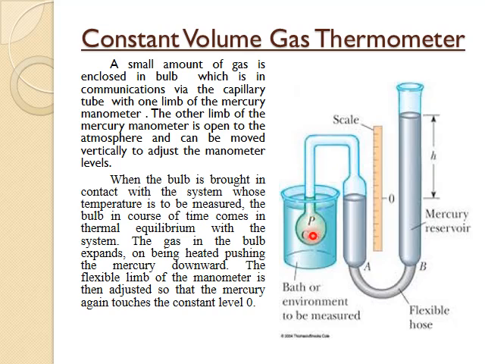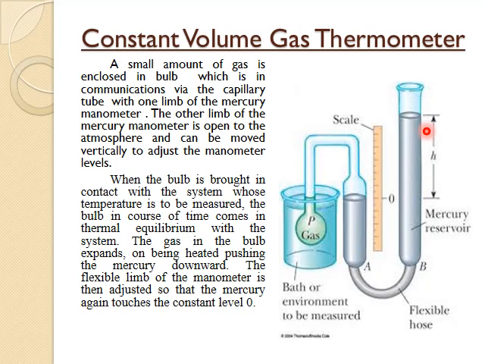Once this gas bulb is inserted into the container, which has some hot liquid, the gas in the bulb comes in contact with the liquid and expands. When the gas expands, it pushes the mercury in this limb downward, because the expanding gas needs more space to occupy. That is why the expanded gas pushes the mercury level downward and its level changes.